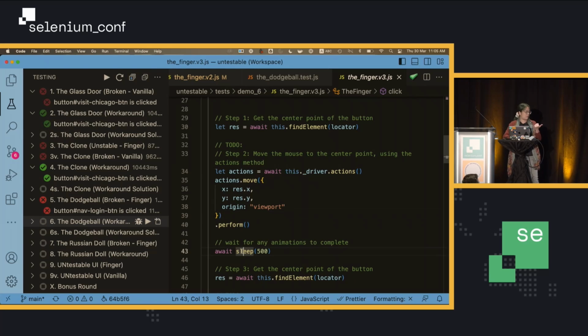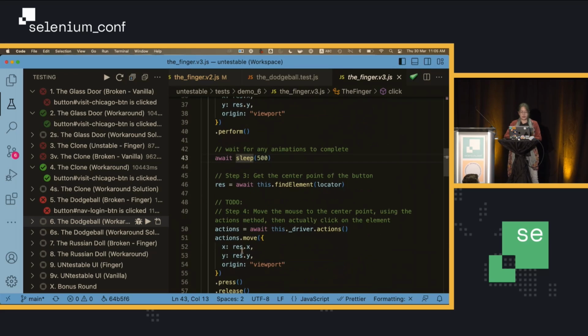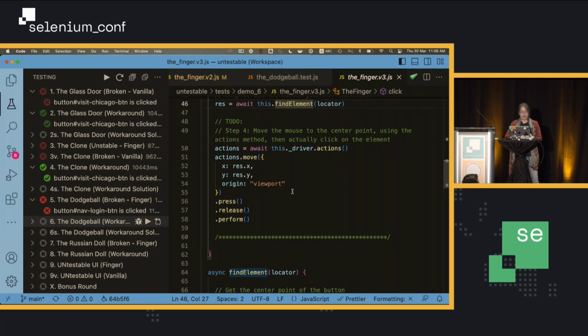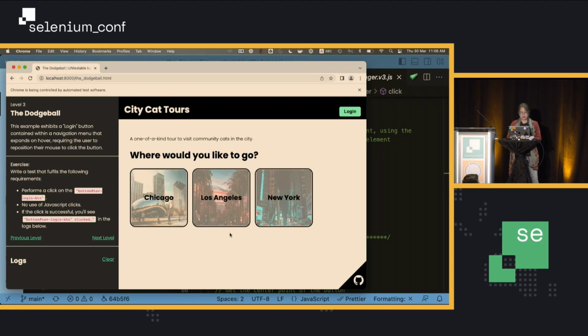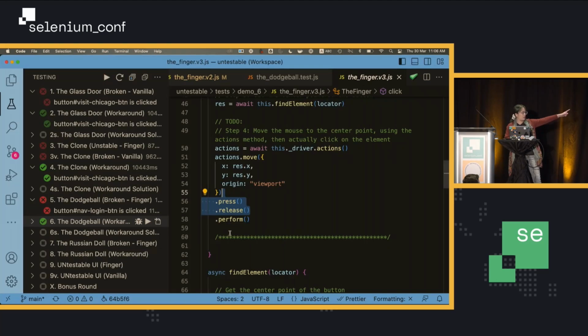We will sleep for a little bit for the animations to complete, and then we will call the find element function again to find the new position of the button. And then the second time round, we will click and release the button instead. Okay, so let's go ahead and run this fix test. Aha! We've caught the moving login button.